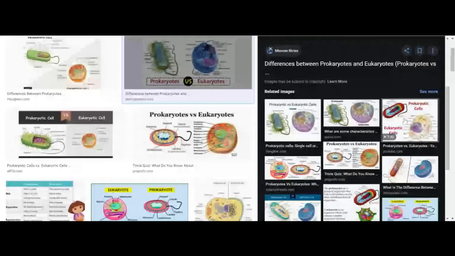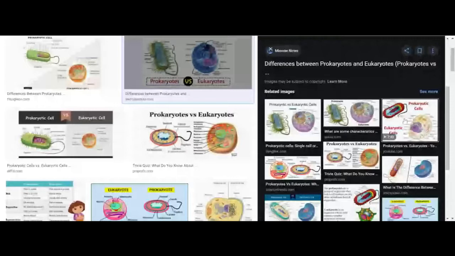So you can see here, there is no nucleus here, there is a nucleus here. There is only the DNA present, and there is whole nuclear plasm, nuclear membrane, and chromosomes are present. There is only one single chromosome available in prokaryotes, but there are so many chromosomes available in the eukaryotic cell. It doesn't possess the mitochondria, nucleus, and endoplasmic reticulums, but it possesses only the ribosome. These dots are showing the material. Okay, so this is the difference between both of the organisms.